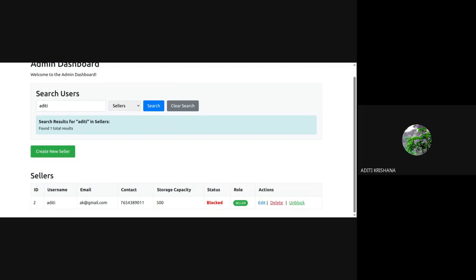Correct search is happening like this only: when you type the full username, only that data comes. Now Shri is not showing here. So this is how a search functionality properly works. This you have to implement in your admin dashboard as well and in your patient dashboard as well.